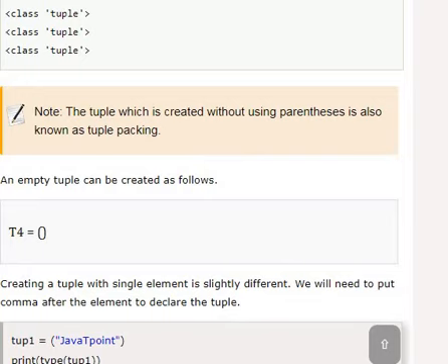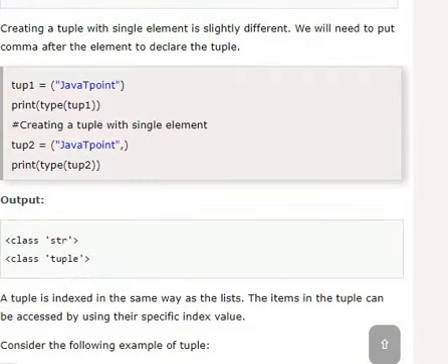We can create an empty tuple simply by giving some tuple name. Let it be T4 is equal to empty parentheses. It's not 0, they are empty parentheses. Creating a tuple with a single element is slightly different.